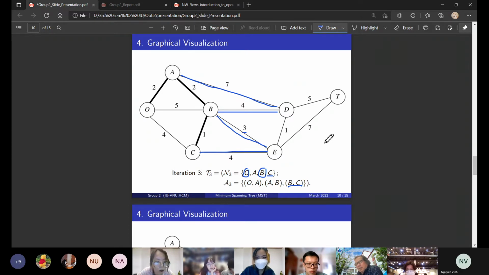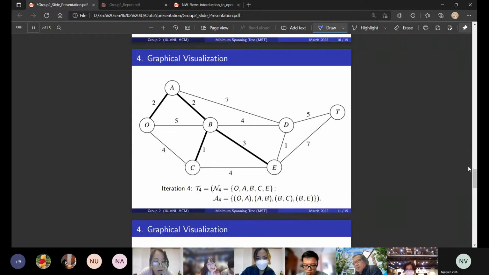Since nodes O and C are both in the tree already, we just ignore the arc OC. Now we update the new tree. The new tree will include the set of nodes O, A, B, C, and E, and the set of